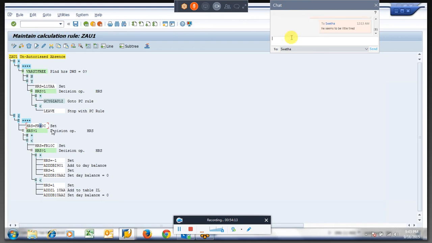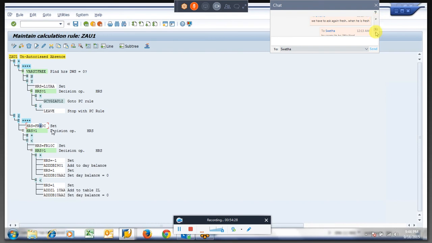Apart from that, there is no solution. 2001 is a typical infotype which is going to affect his salary, so we are not going to disturb those tables especially.